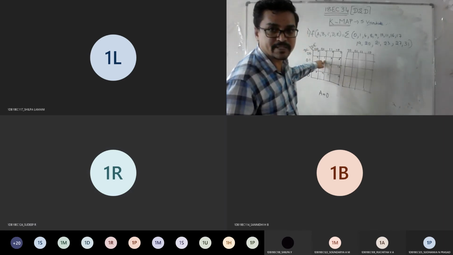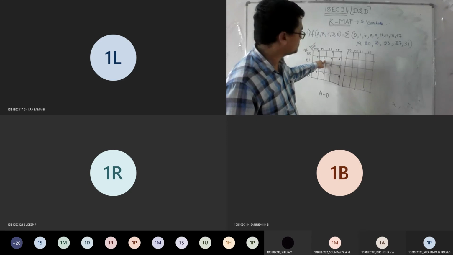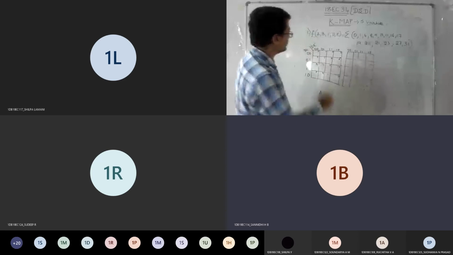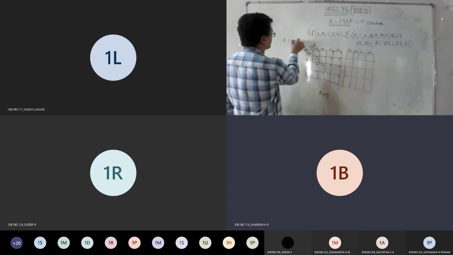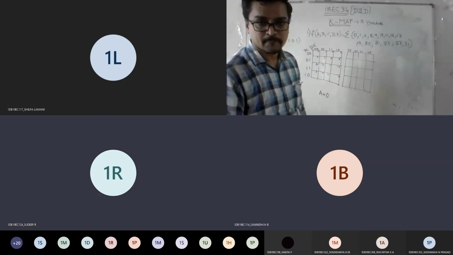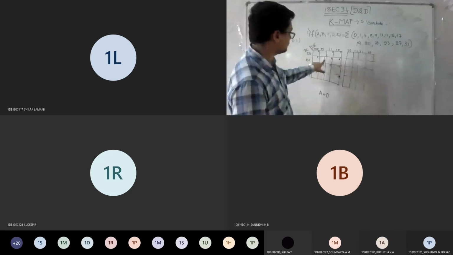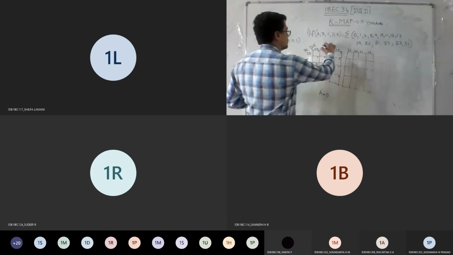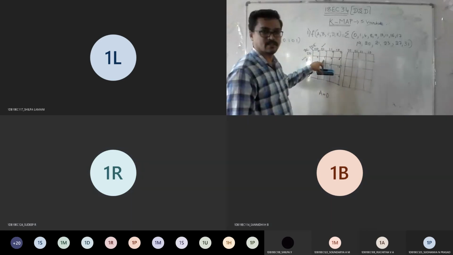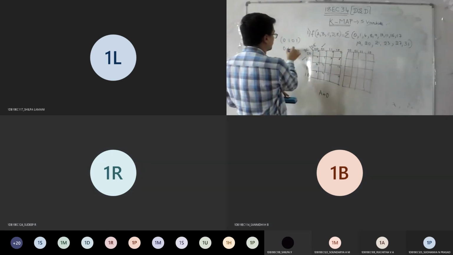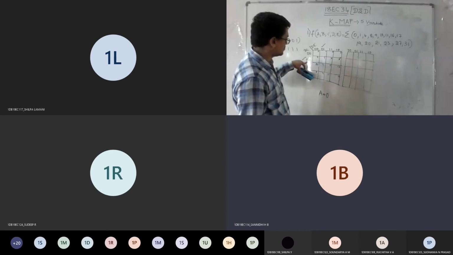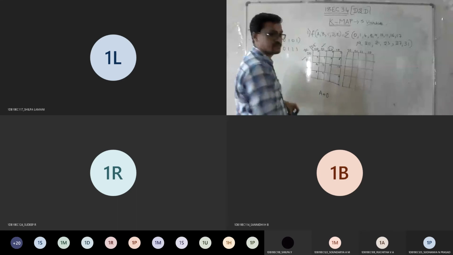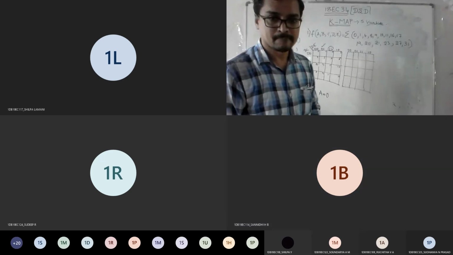What is the equivalent of 5 in binary for 4 variable? 5 means 0101. Check here, for 5, 0101. Is it matching? 0101 is 5. If I say 7, it is 0111. Correct? So 0, 1 and double 1.